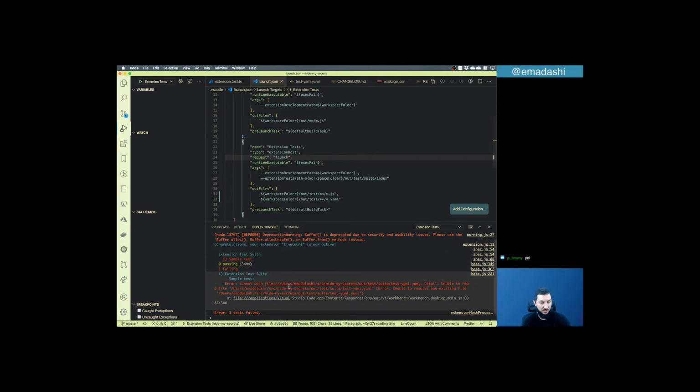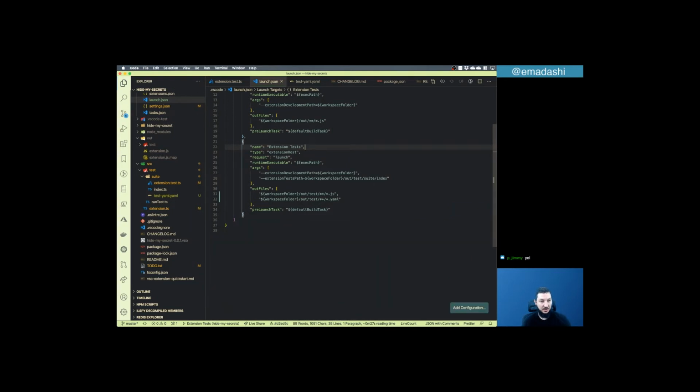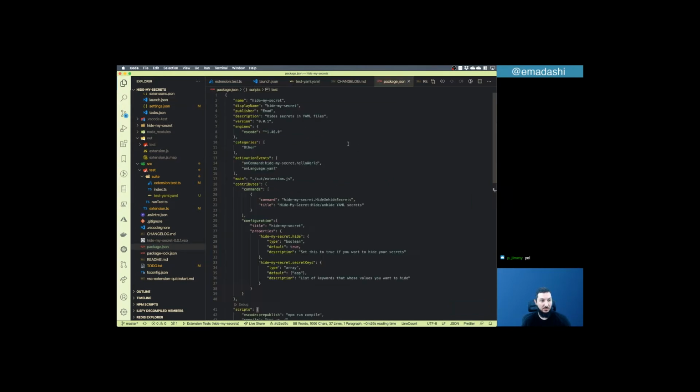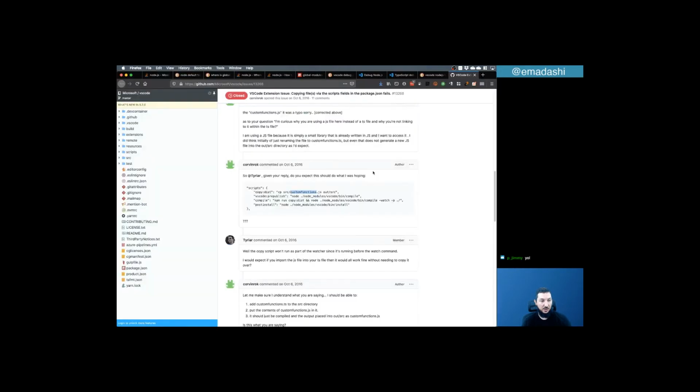Yeah, unable to read file, it cannot find it. There must be a way to copy the files. And because it's not JavaScript, it's not source map. This was a silly trial from my part, but you know, when you're drowning, you try to hold on to everything. So pretest, it seems that it's not running. How can we